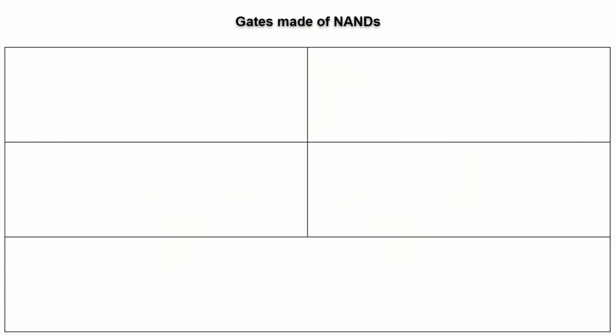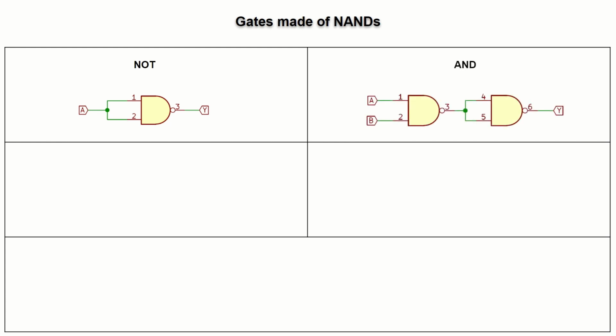Today we will see how we can use only NAND gates to build all the other types of gates. The first one, the inverter, is trivial, and we mentioned it before in this series. All we have to do is just connect together both inputs of the NAND gate. The AND gate and the NAND gate are simply an inverted version of one another. Therefore, to make an AND gate from the NAND one, we just need to pop an inverter made of the second NAND gate to the first one's output.